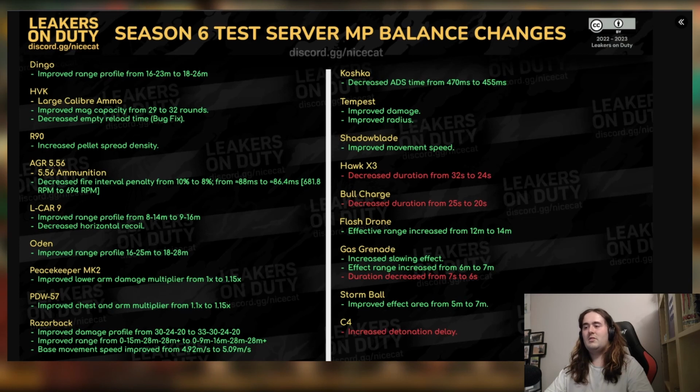The wall charge, they're decreasing the duration again from 25 to 20 seconds. That might help, considering every time you hit a player, the duration decreases anyway, although the speed it decreases changes. But what I really would like to see is, one, they are apparently able to jump with a wall charge now, which is not really bad, and two, I want them